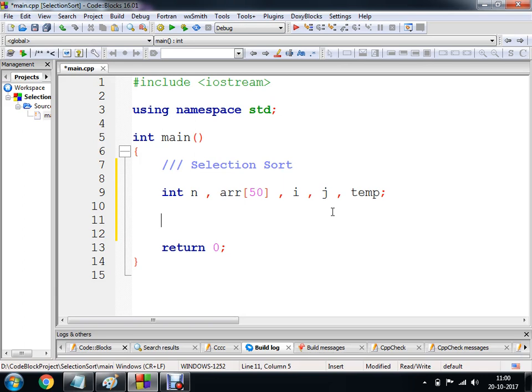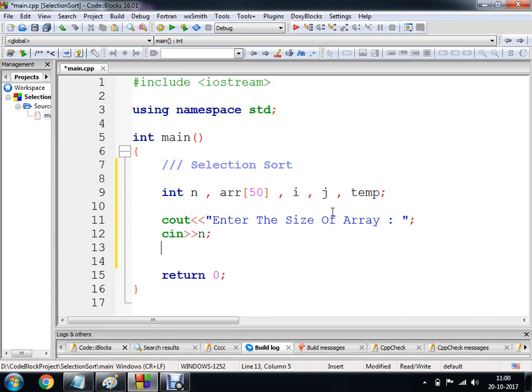So first of all, I'm going to ask from a user, cout, let's say, enter the size of an array. And I'm going to save this value in my variable n.